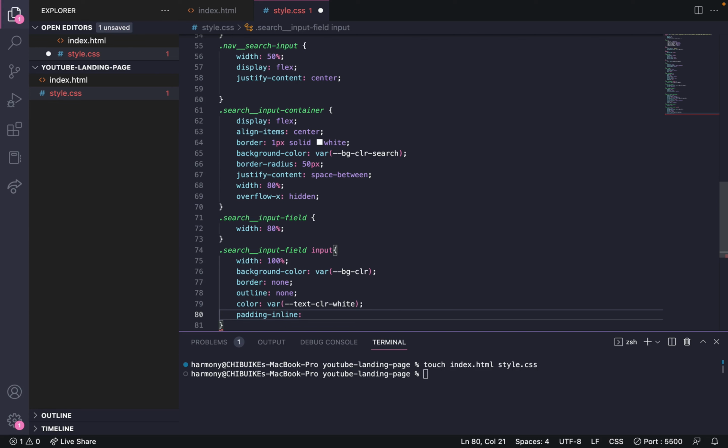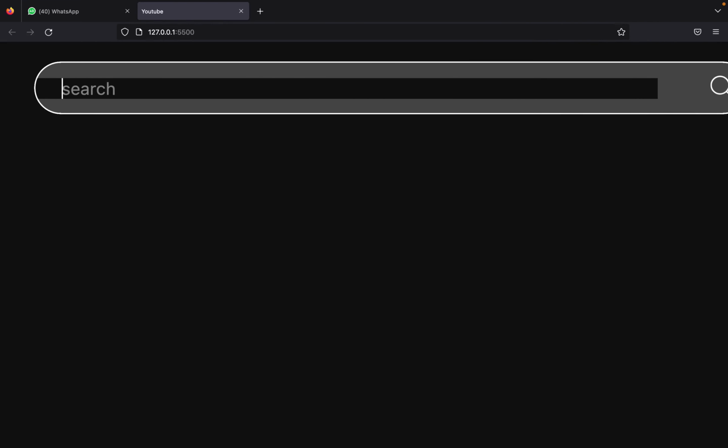Padding inline is going to be 20 pixels. So let's say 20. Yeah. Then another thing I need to do is